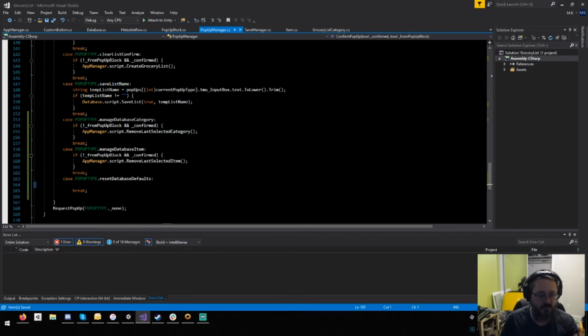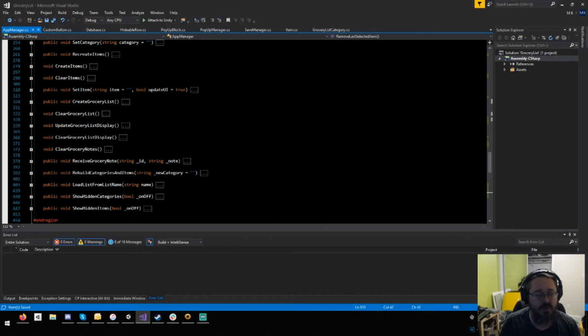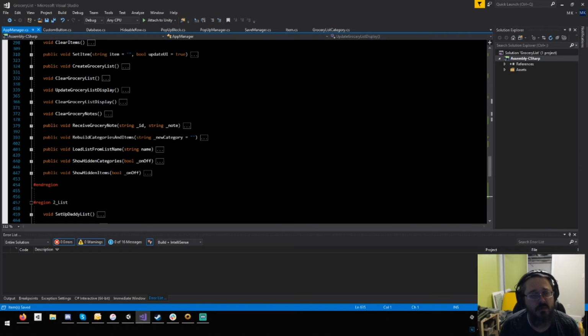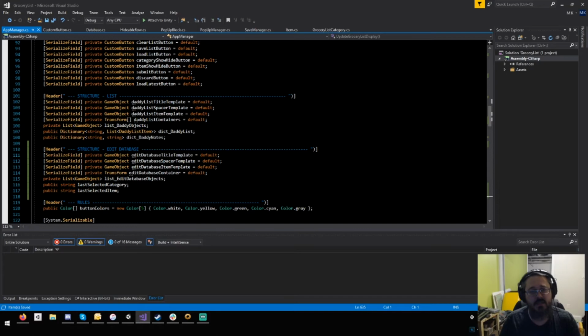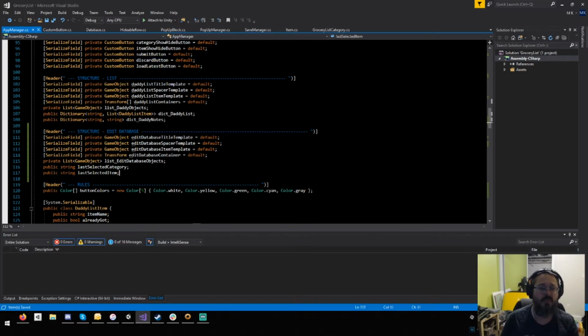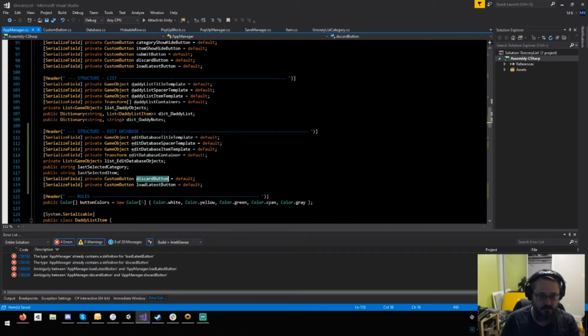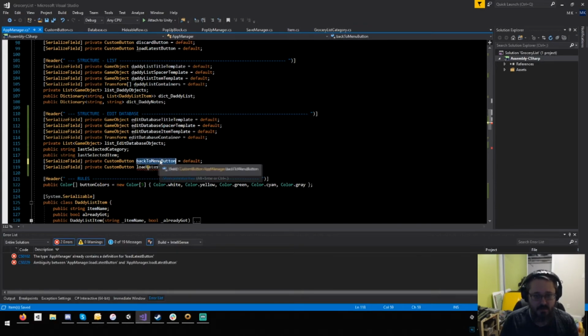And for reset database defaults, let's give that some time before we make any decisions. But I do want the possibility to simply exit that menu, at least. So I want to have those two buttons. That's fine. There should be two custom buttons that I have right here. And one custom button is going to be back to menu button. I don't know if I can use it though. There may be a discard, it's called. It's kind of stupid. Let's go leave